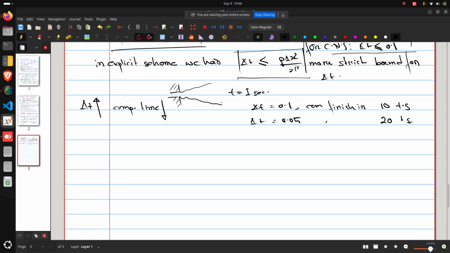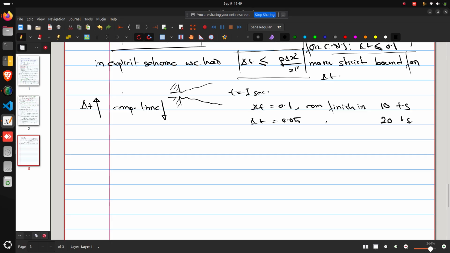But if you see the big picture, we generally solve very high dimensional problems like 1 million, 2 million, 3 million grid points. Problems of such scale generally run for, say, 1 month or 1 week. So if we have a looser bound on the delta t, we can finish solving the problem in less time. I will not say that we will be able to solve it in half of the time that we take in explicit time stepping, but we will have considerably